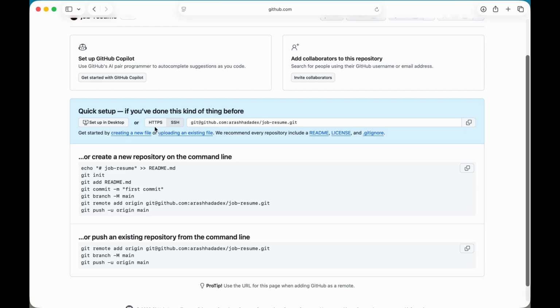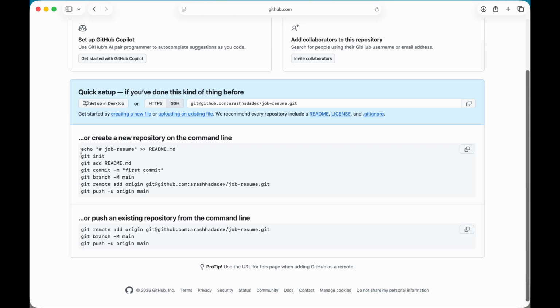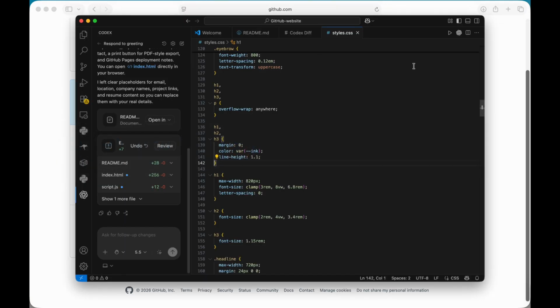As you can see, there are two ways you can connect to your GitHub. We need to connect our local code to our GitHub account. There are two ways we can do it, by using HTTPS and SSH. I explained these two in my blog. I put the link in the description, and here it tells us what we should do. So if we go back to our